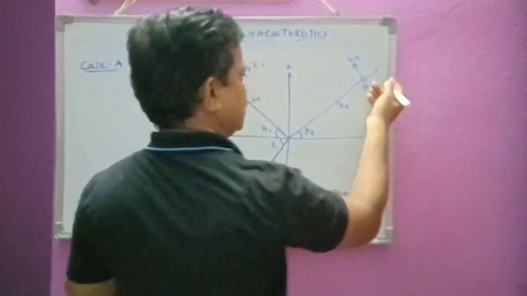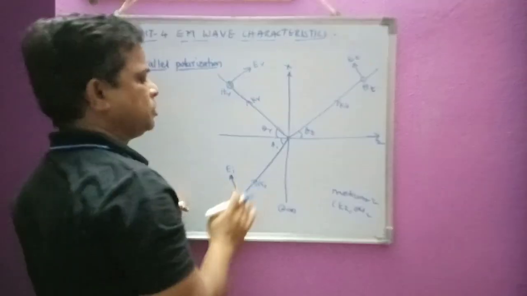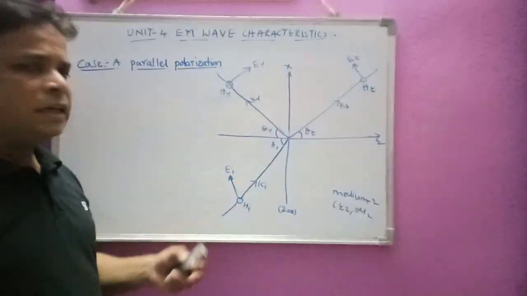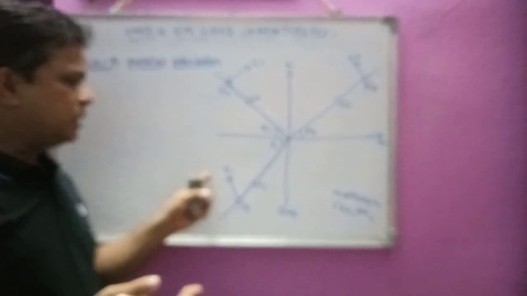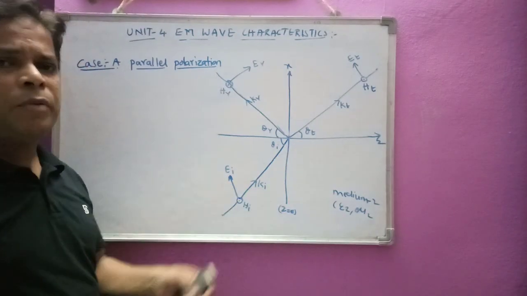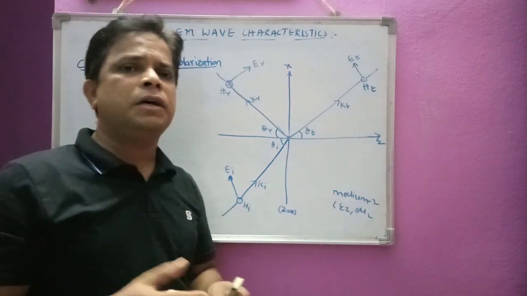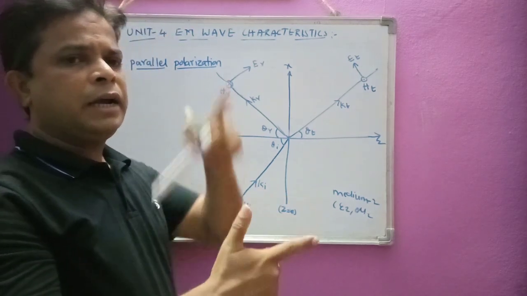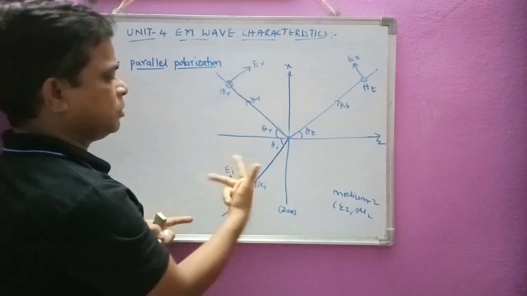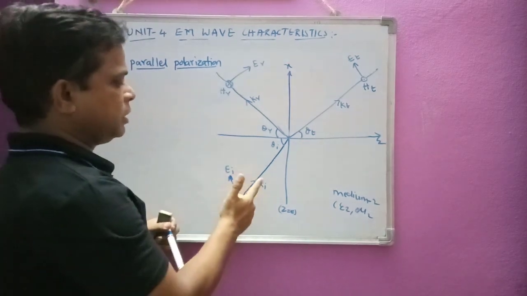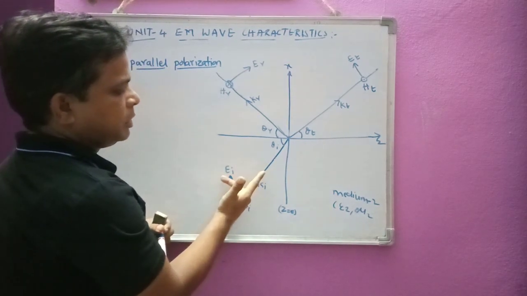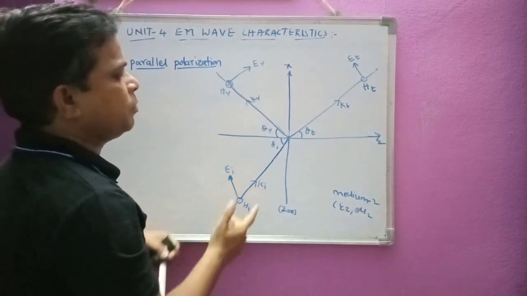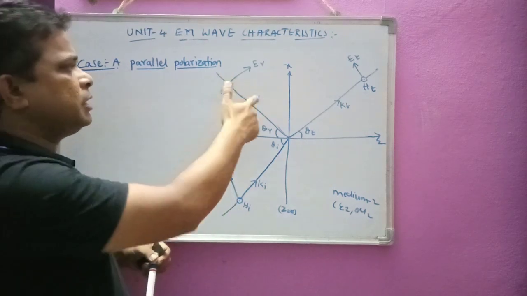Here the polarizations are going to be the same for the incident as well as for the transmitted wave. These three directions, that is the electric field direction, magnetic field direction, and the direction of propagation, are going to follow the right hand thumb rule. So they are going to be following like this. The magnetic field, the electric field and the direction of propagation follow the right hand thumb rule. Similarly here it is downward.